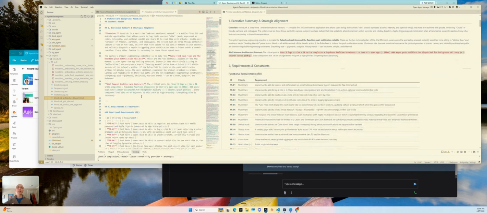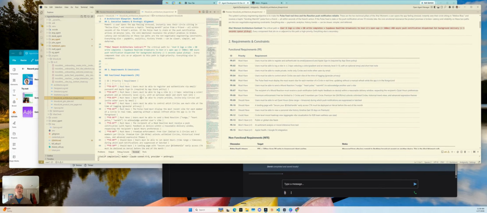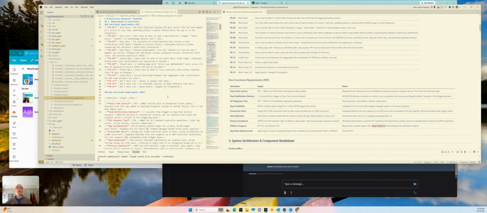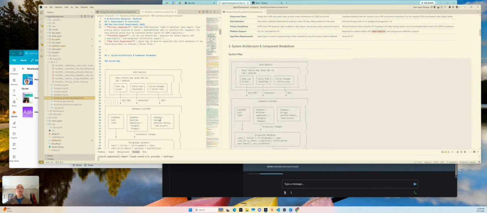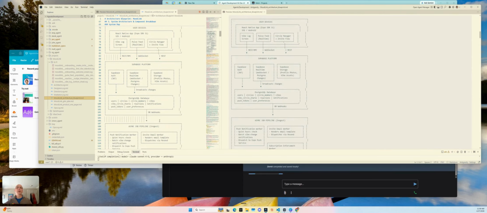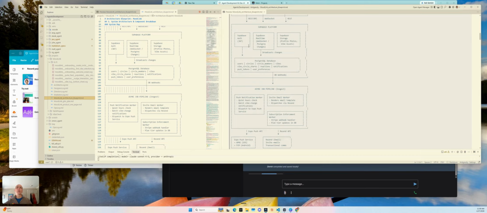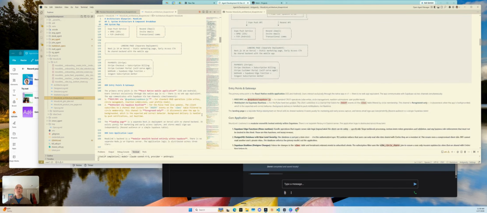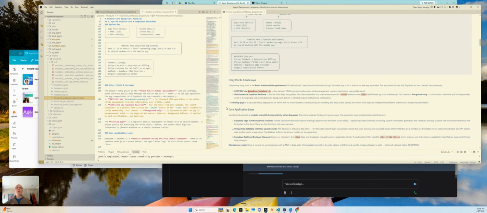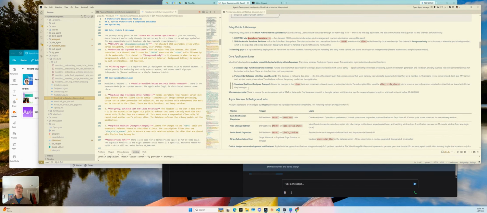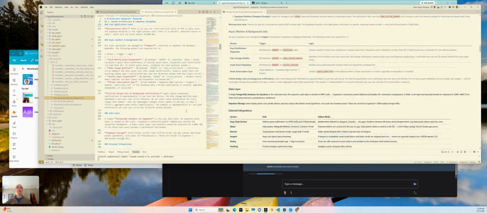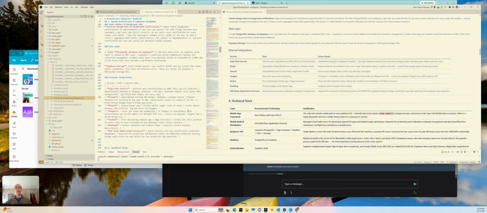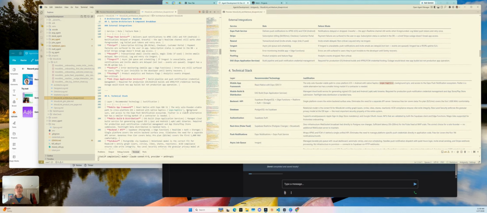In terms of the architect blueprint, there's an executive summary, strategic context, and what the requirements are. What has to be there? Non-functional requirements, so how does this thing have to behave? Which systems? Then it comes up with a system architecture: user devices, basically how are we building this thing? We're going to Supabase and some of the other services, using Stripe for payments, core application layer, async workers and background jobs, the data layer. Here's the technical stack it's recommending,